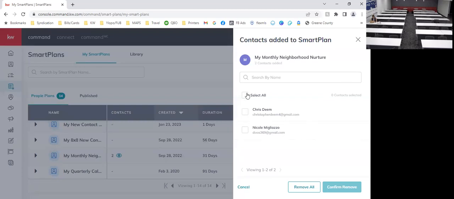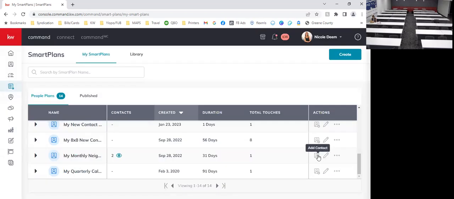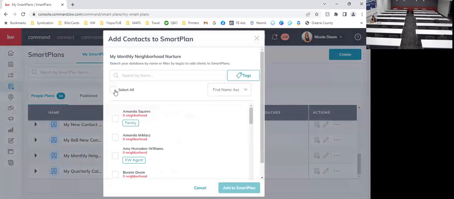So you can see who they are. You can select them and remove them in mass quantity. You can also add people as well. So if you go over here to add contact, you can add up to